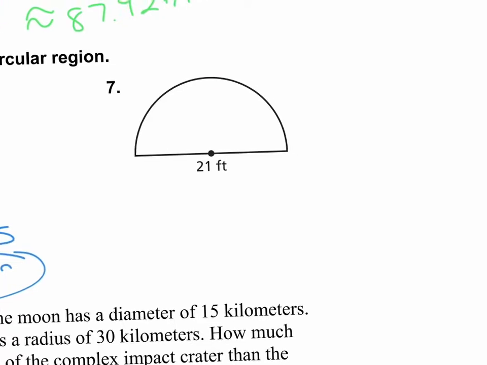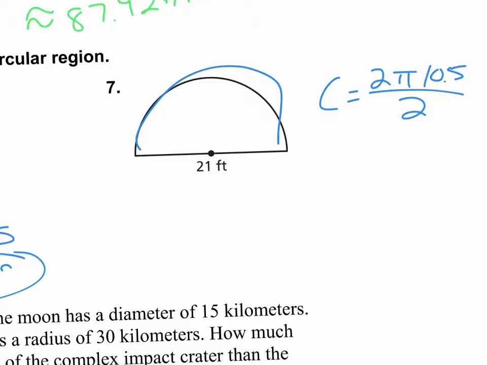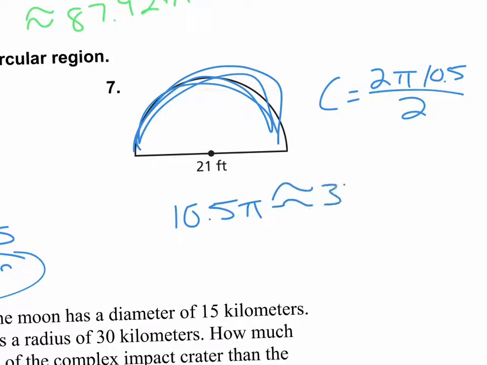Okay, number 7, okay, same thing, it's half the circle, so we're going to first find this length here. So circumference is equal to 2 pi r, so 21 divided by 2 because it's half of that, so 10.5 divided by 2. So I'm going to get the circumference is, so this area right here, or this length, is 10.5 pi, which let's go ahead and do 10.5 times 3.14 to get pi, to get the approximate, which is approximately